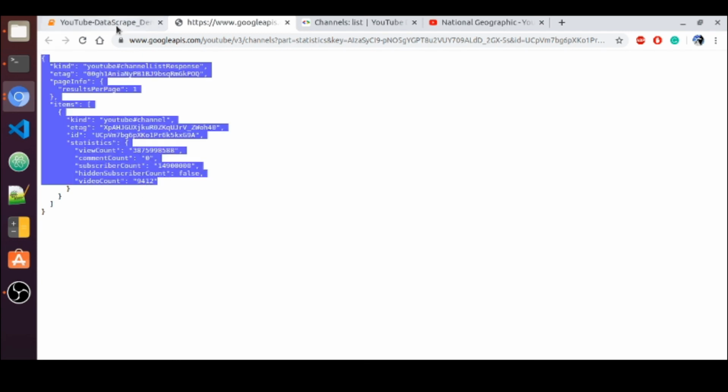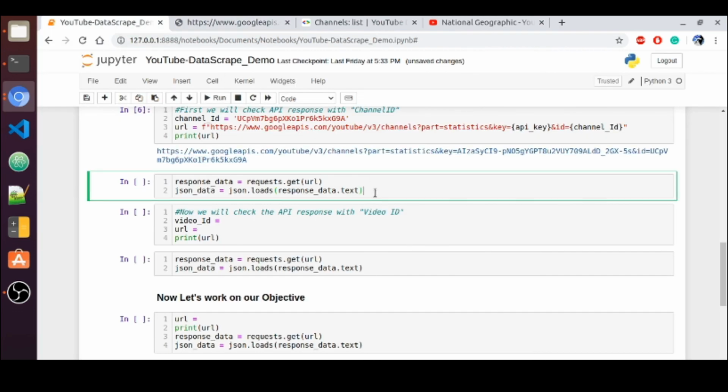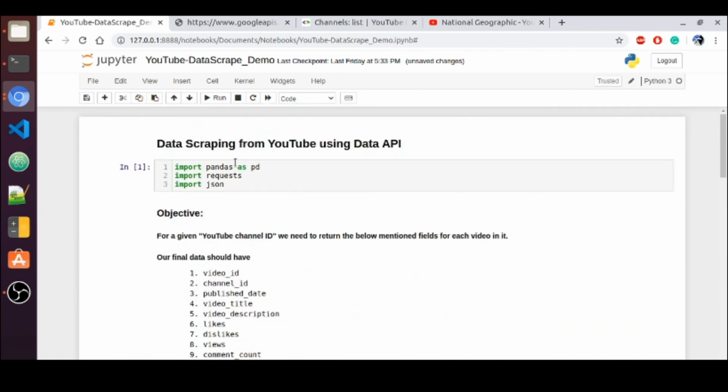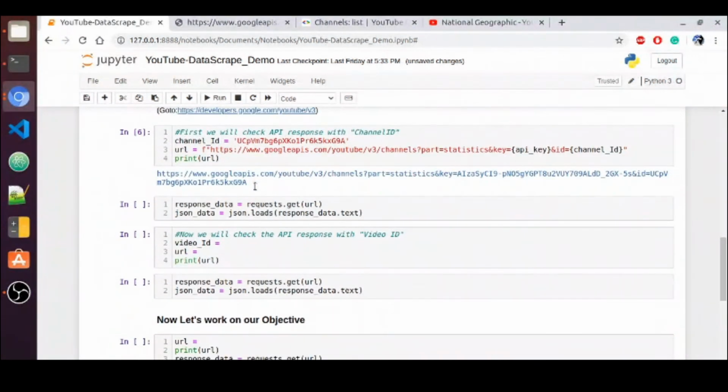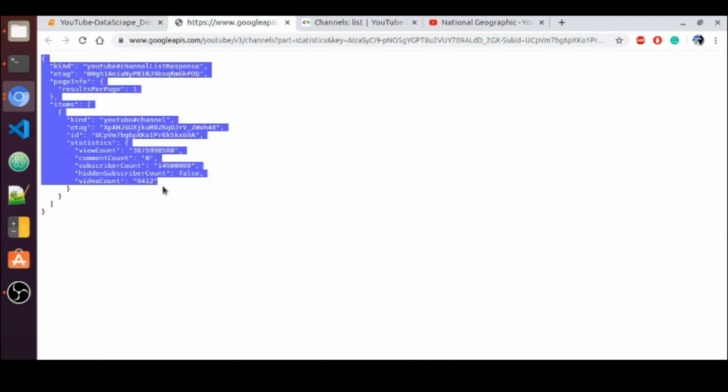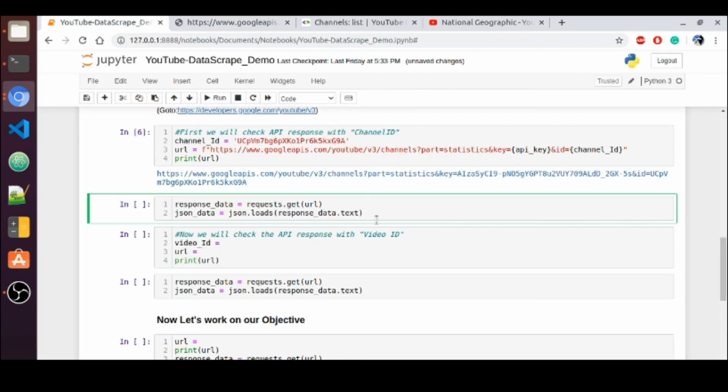This is a response. Let me bring this response to here as well. So here I'm using requests, yeah, here we have imported it. Here I'm using the requests library to load the response from this particular URL, and since this API response is in JSON format, we are converting that into a Python inbuilt object, something like a Python dictionary. To do that we have to load the JSON module, json.loads, and we are converting that into text and reading it.